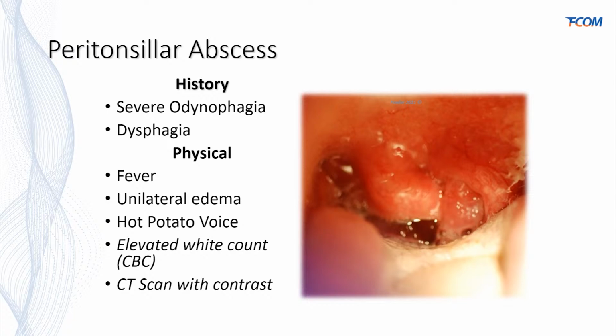History, they're going to complain of severe odynophagia, pain with swallowing. They're also going to have dysphagia, difficulty swallowing. They may or may not have fever. They may or may not have unilateral edema. If there's enough pus in the tonsillar fossa, they may have what's called a hot potato voice. A hot potato voice happens when they can't open the mouth because it hurts so much. You may also notice an elevated white count on CBC, and then of course the CT scan will confirm the